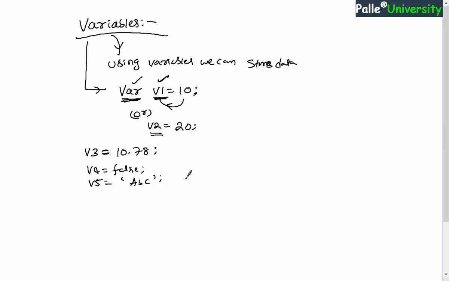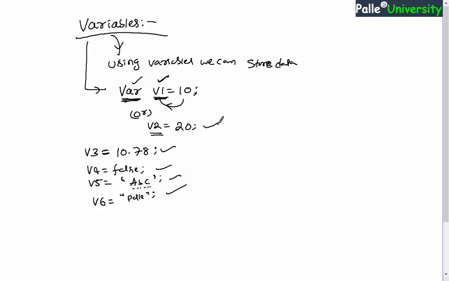Remember, in JavaScript you can store string data or series of characters either by using single quotations or by using double quotations. In case you want, I can show you double quotations also. I can store string data either by using double quotations or by using single quotations, and while declaring variables, if you want, you can use the var keyword also, or otherwise you can declare the variable without using the var keyword, right? All these things will work.